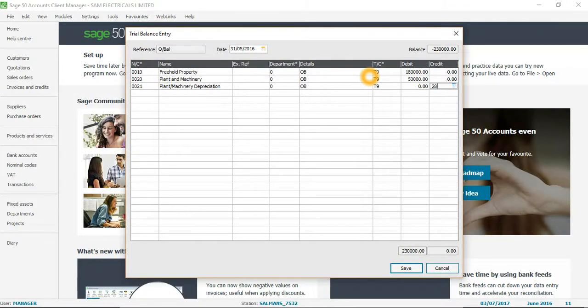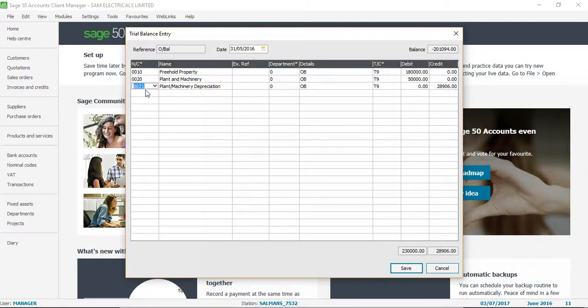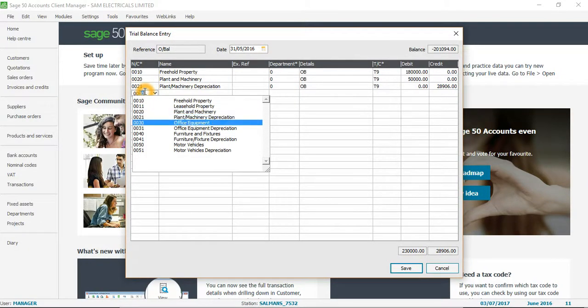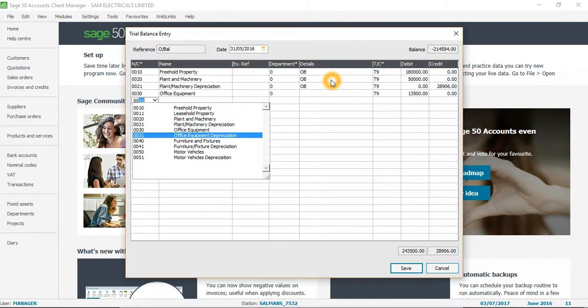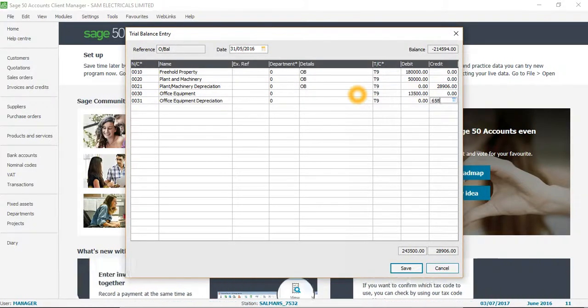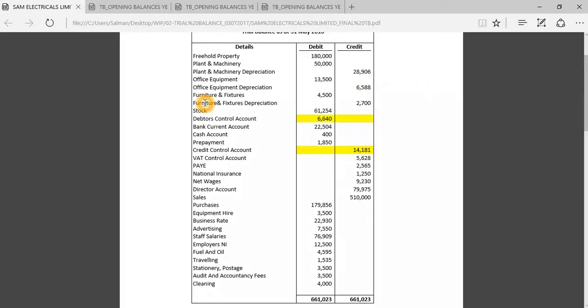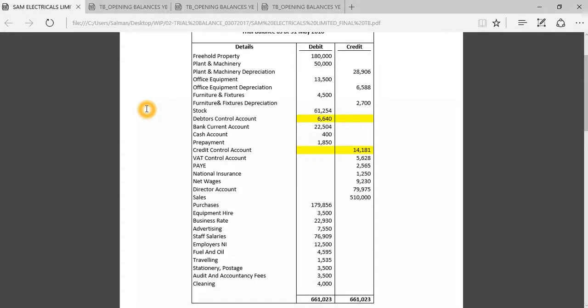Next is office equipment, which is 0030, and amount is 1350, and then it is accumulated depreciation for office equipment. We have amount 6588. Next step is furniture and fixture, starting in 00, and this is 0040, and amount is